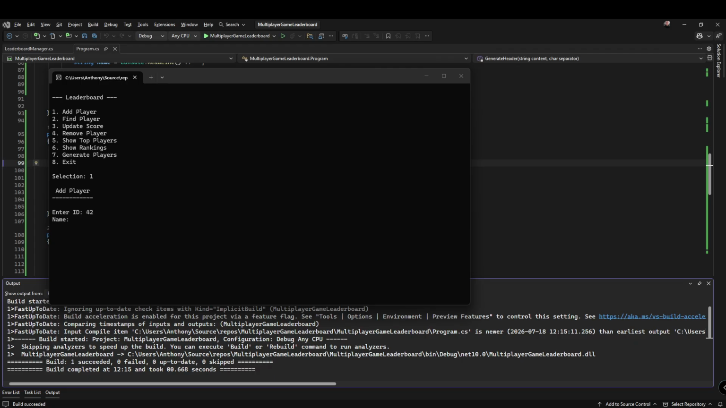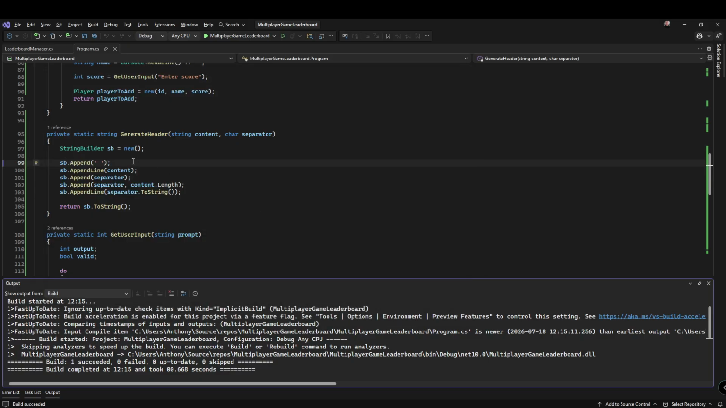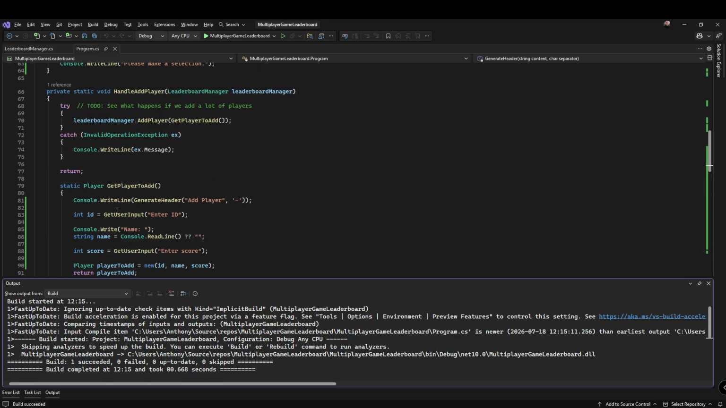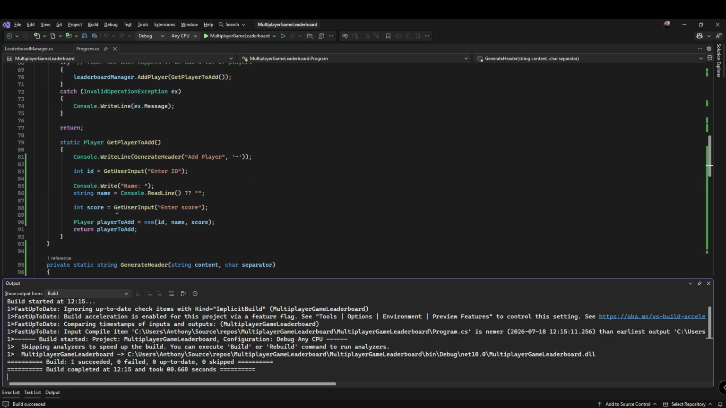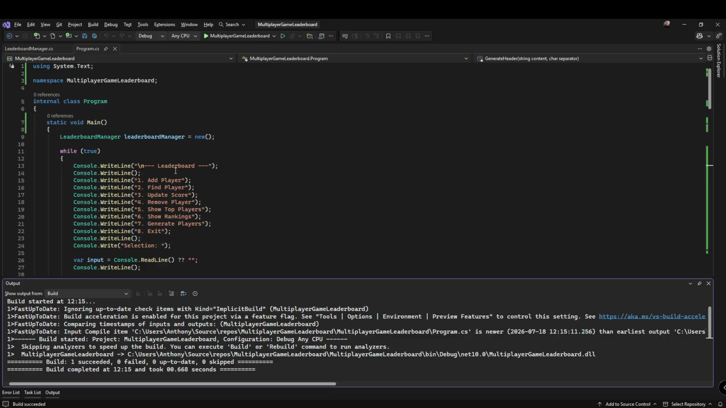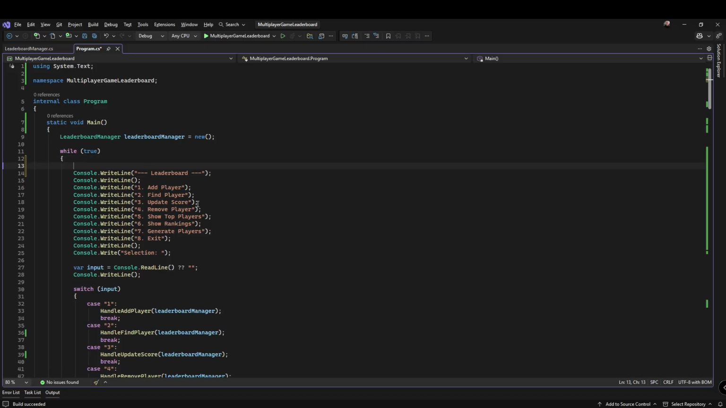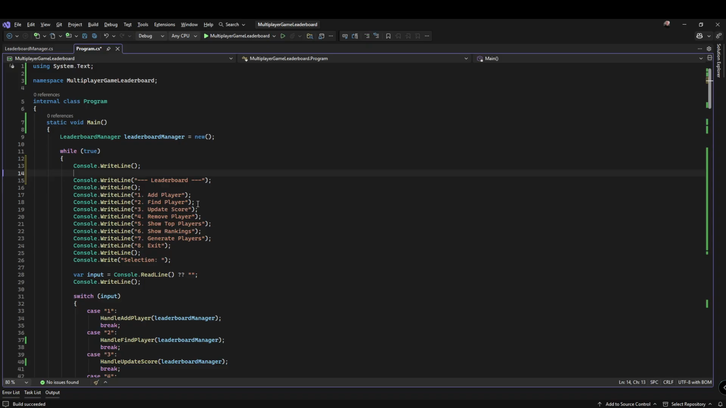So now we can do 42. Field has a score of 88. All right. So I think I like that. So we'll do that for now. We may make other adjustments there, but I think I like that. So let's do that up here. I'm doing an empty line there. Let's do it the other way. So we'll add an empty line. Then we will do